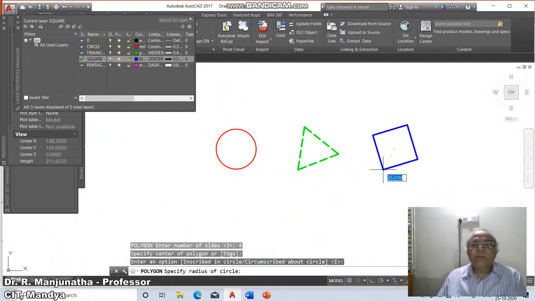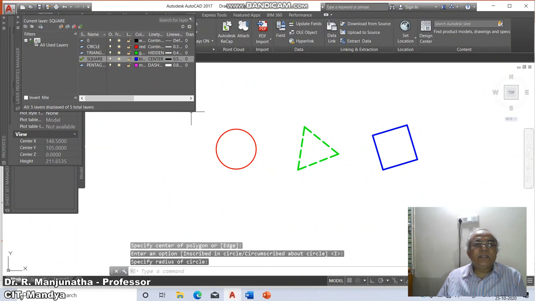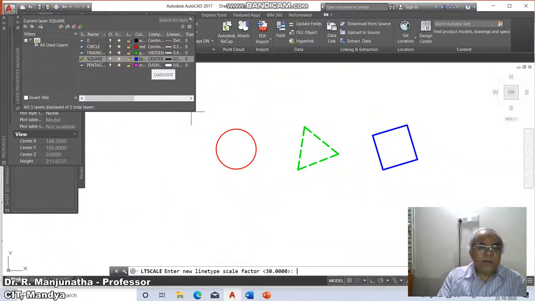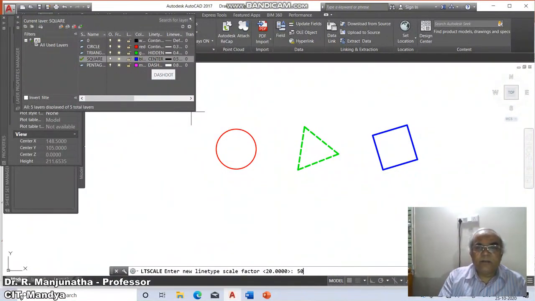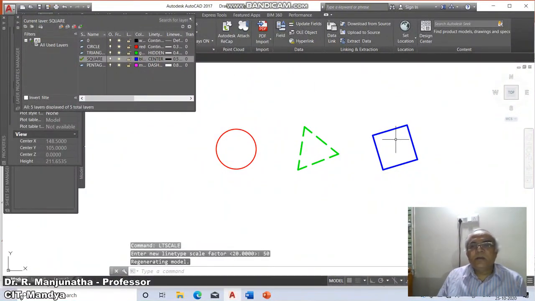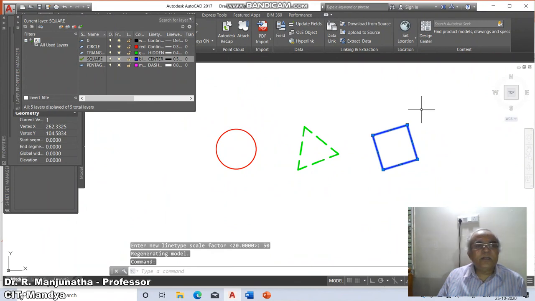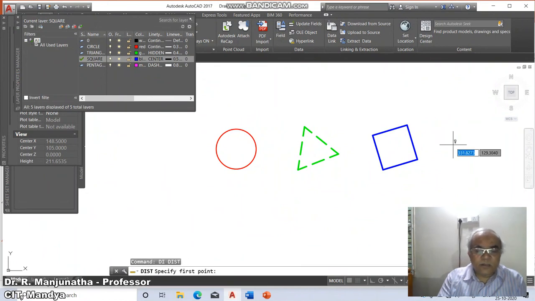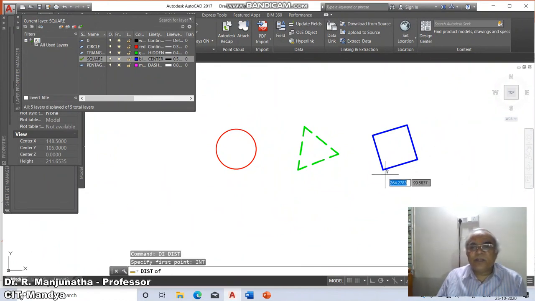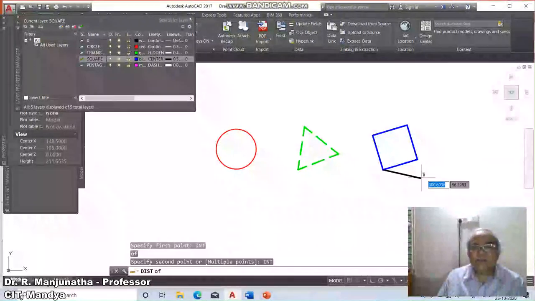Now we will take it as 0.5, which is the center line type. So I will say LT scale. Here I think 20 is much easier. Then LT scale, if I take 50, will it be possible? Now it's not taking it still. So here I will check this dimension and see how much it has been given.